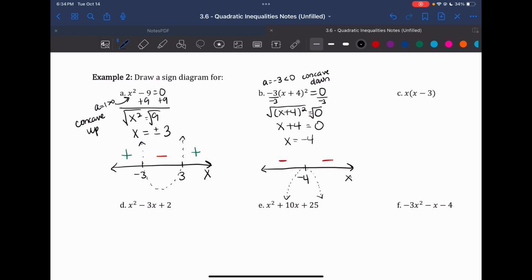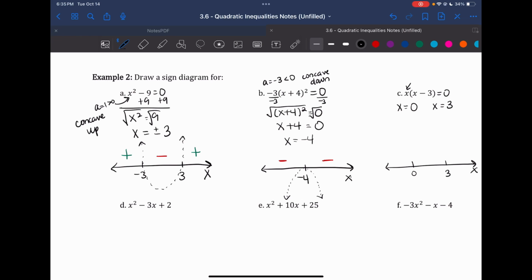Letter C, again, set it equal to 0. This one's already factored for me, which is really nice, because then the first factor is x equals 0. The second one, again, you're setting it equal to 0, so you would add 3, so it would just be x equals +3. Now I can go right into my sign diagram. Sometimes these are actually a lot faster than if you were to put it into your GDC and graph it from there. That's why we kind of work through these. So 0, 3,